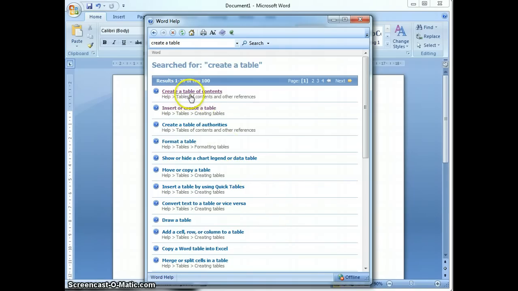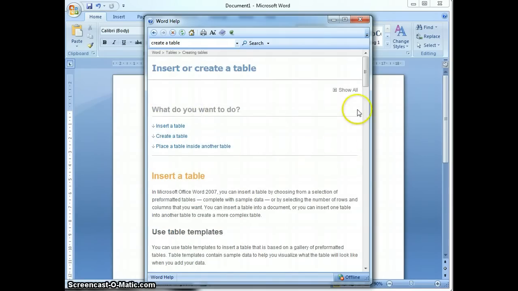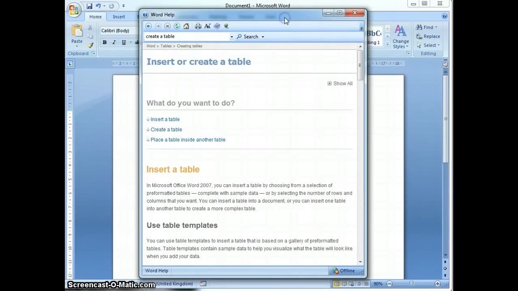So do I want to create a table of contents? I don't want to do that. That would be if I was creating a book, I might want a table of contents. I just want to insert a normal basic table. And you can see here, look, it says insert or create a table. So I can click on that, and that'll take me to this document, which you can obviously see has lots